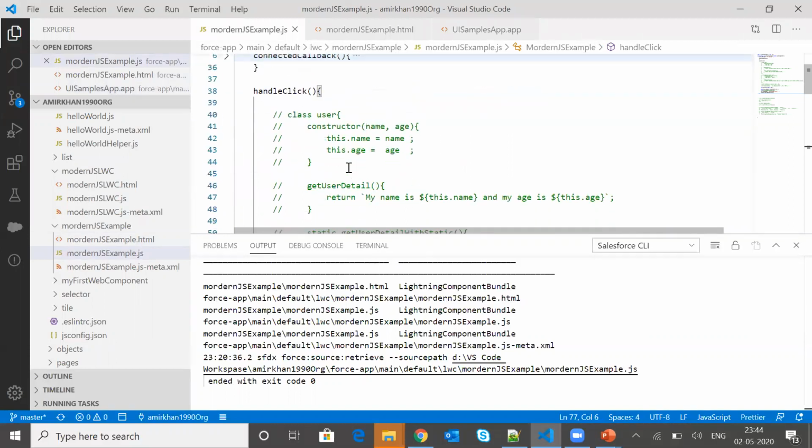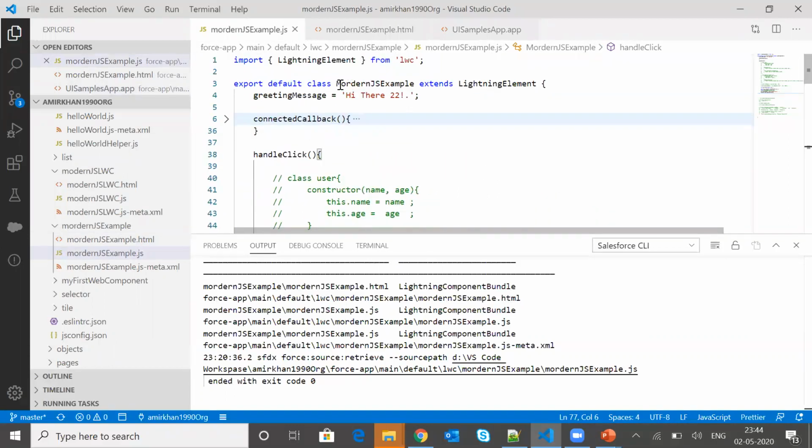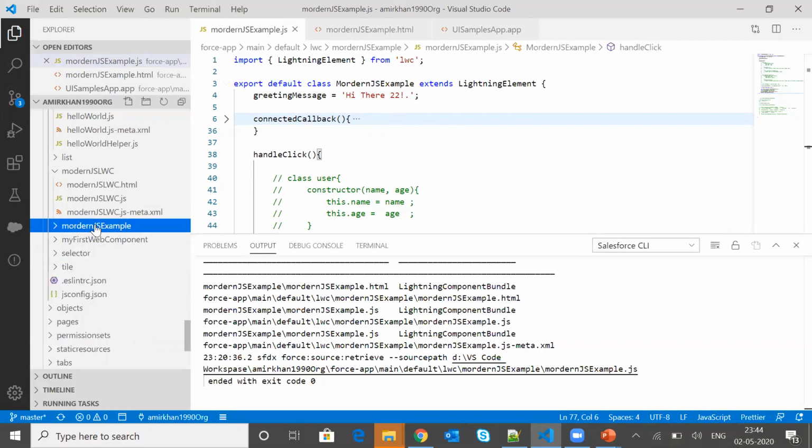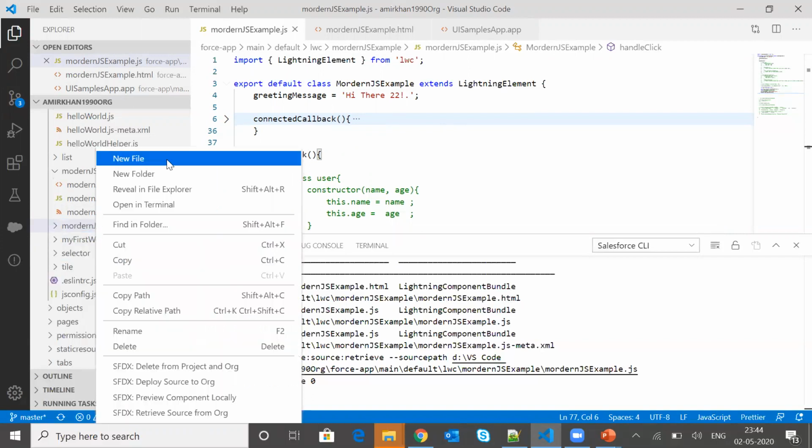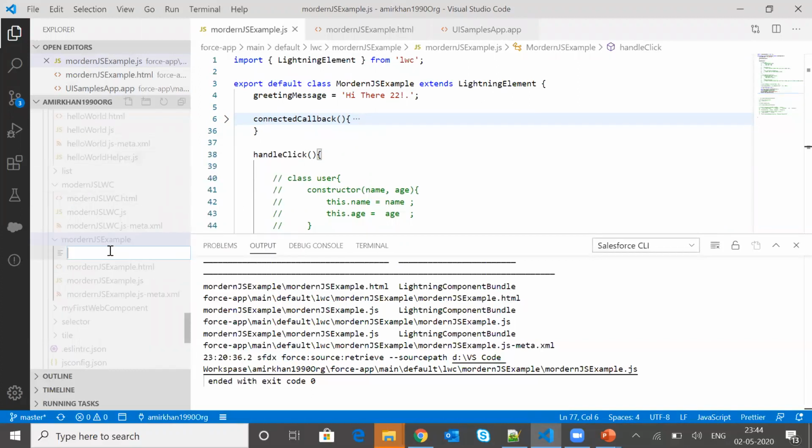In order to create a module in this LWC, we have to go to the modernJSExample folder, right click, click on new file, and name it based on your requirement.